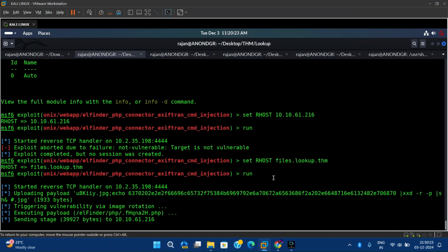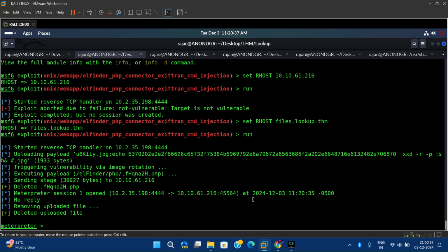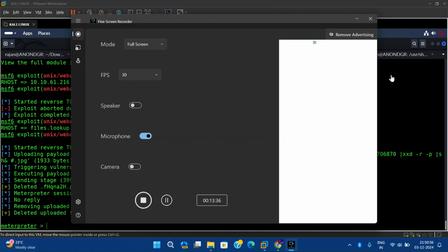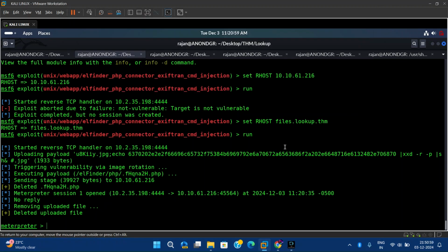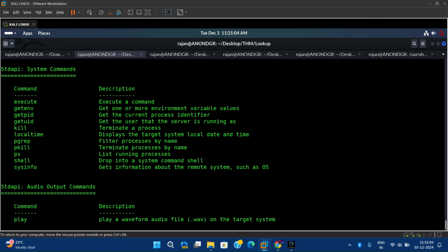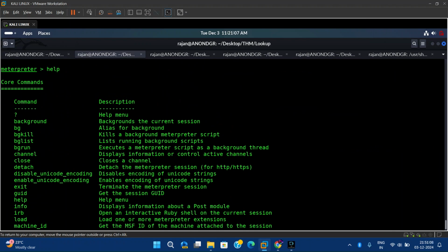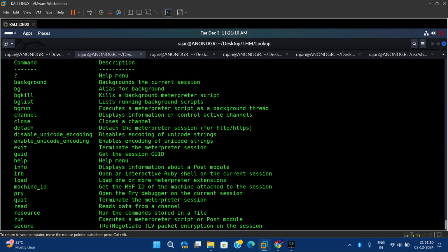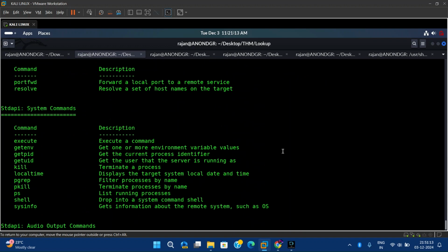and you can see our exploit is running on the target system, and it is sending our payload to the victim machine. Let us just wait some time, and you can see the Metasploit session has been opened over here, and we have now got access to our target web server. So if you are not familiar with the Metasploit shell, then just hit help over here. Then you can see all the commands for the Metasploit shell,